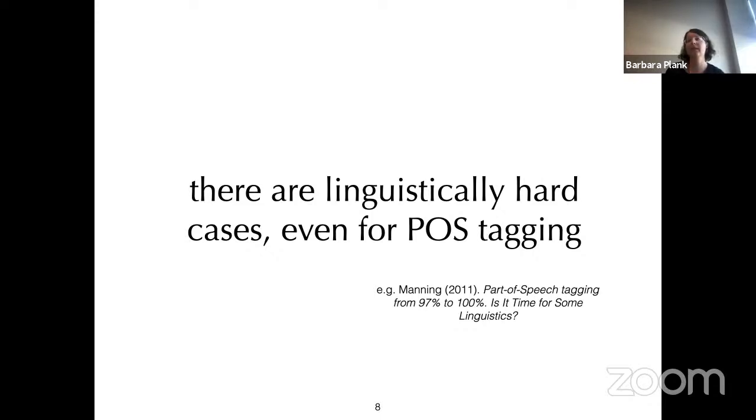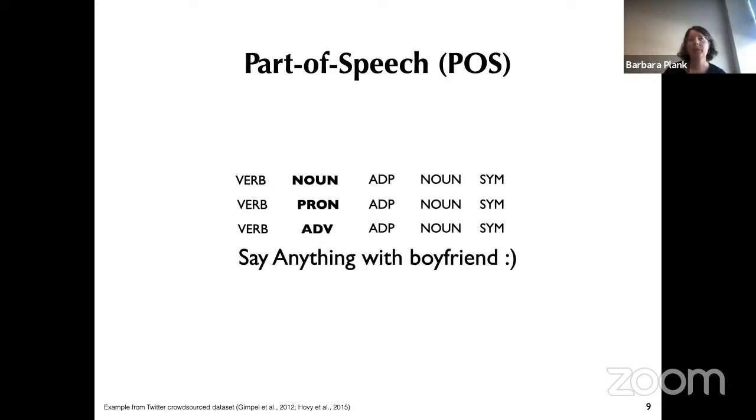There are very concrete examples of cases where it was very hard to determine the right part-of-speech tag. Another example is from data where we asked crowdsourcers to re-annotate tweets, and you see that "anything" has been annotated as a noun, pronoun, or adjective. So there is also disagreement in these POS tags.